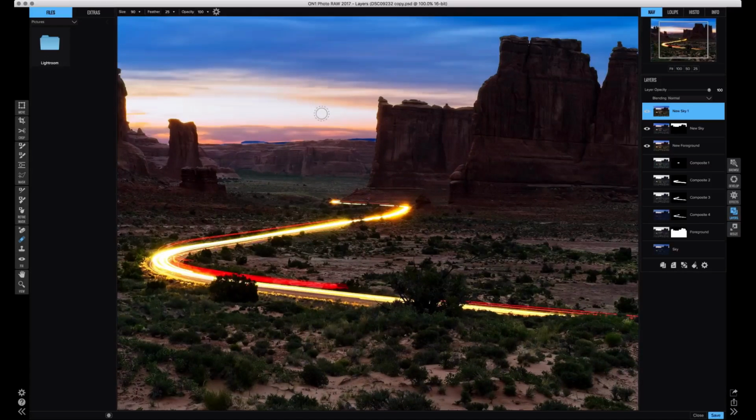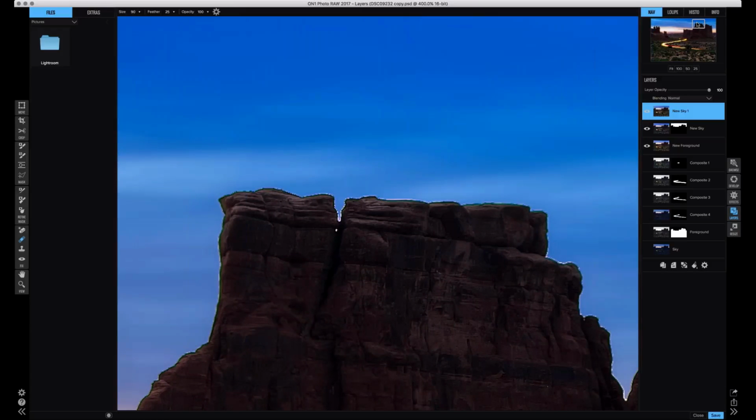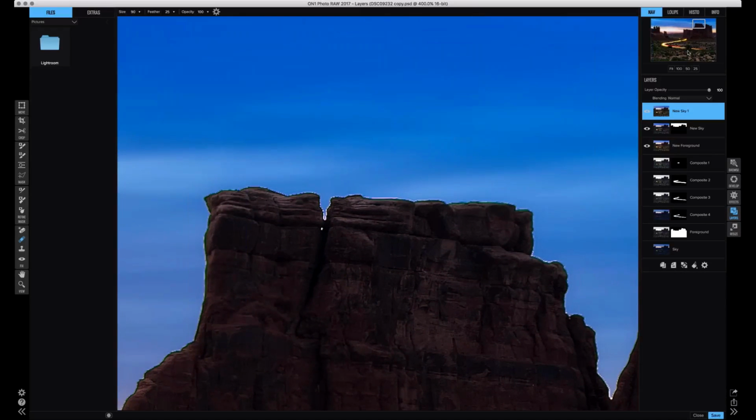Yeah. So like I said before, you can spend as much or as little time as possible on these edges, and you can see that there are some imperfections in them. And when you're dealing with the separation between your sky and foreground, you do have to make sure that that's perfect, but it's a little boring on webinars because it's tedious, and even video tutorials. It's just kind of tedious work if you don't have a 100% perfect separation there. So we have these like white pixels. So what you can do is,